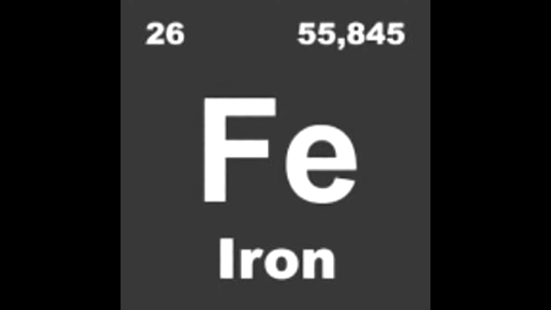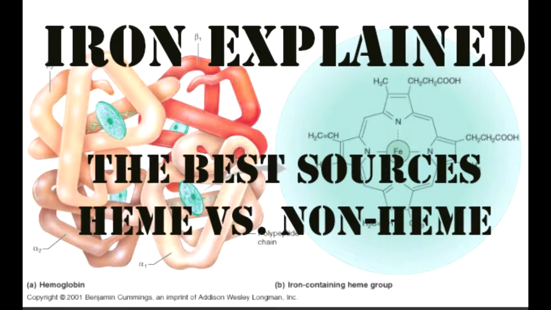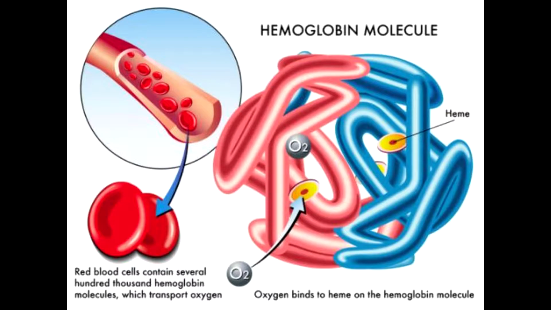Iron is a mineral that is abundant on Earth. We require it in our diets as a result of the types of food that we eat. In this video, we will explore the functions, sources, and types of iron. Let's get into it. So the main function of iron in humans is that it is an essential component of